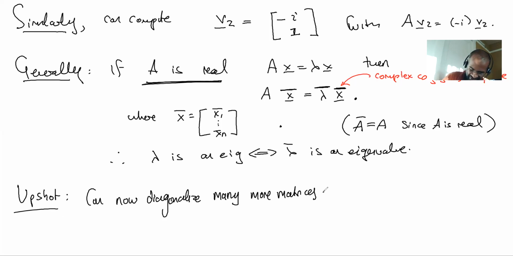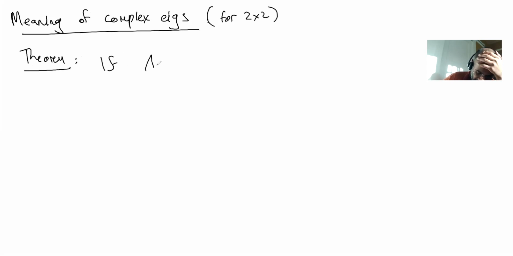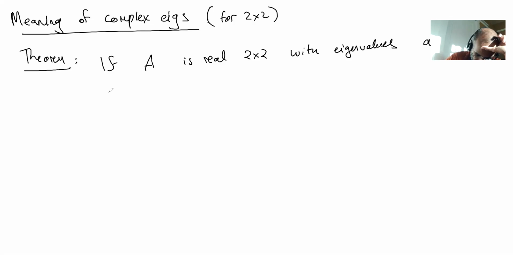Now, what is the meaning of complex eigenvalues? Well, I'll just state one theorem from the book. The theorem is just for 2 by 2 matrices. The theorem is if A is a real 2 by 2 matrix with eigenvalues a plus ib and a minus ib, and those have to be the eigenvalues because they're conjugate pairs, then